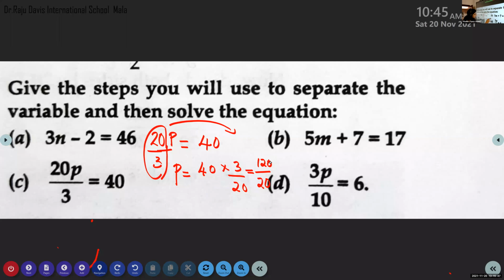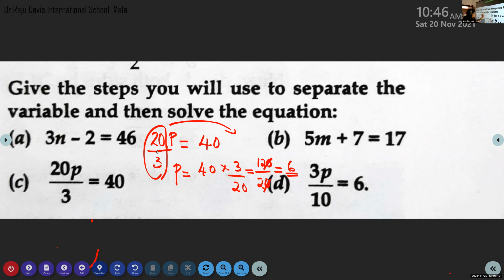See, so zeros are here. 0, 0 you cancel. Then what is left out? This is the way you have to divide easily. 0, 0 we can cut. That is 10 and 10 we cancel. Now 12 by 2. 12 by 2 is 6. You got the answer. P is equal to 6. Did you understand, Rehan? Yes.